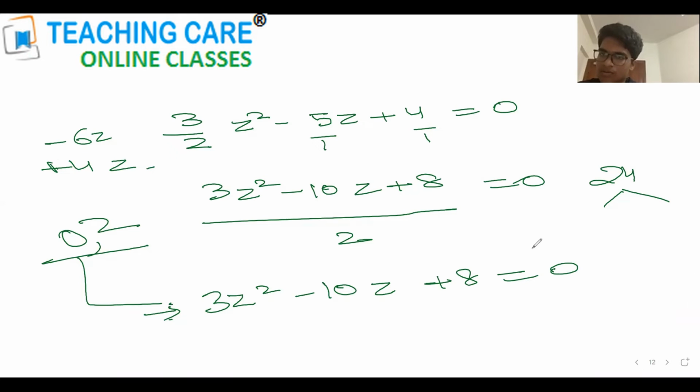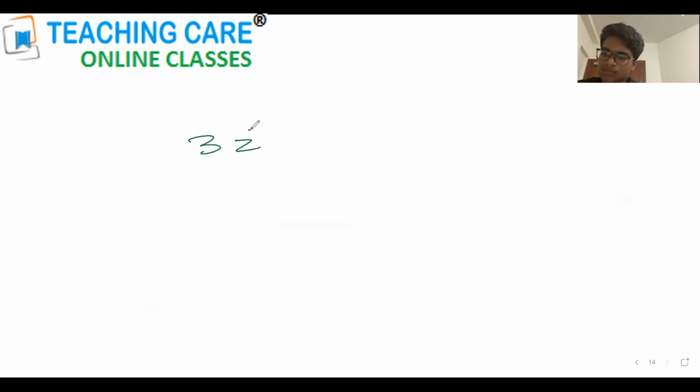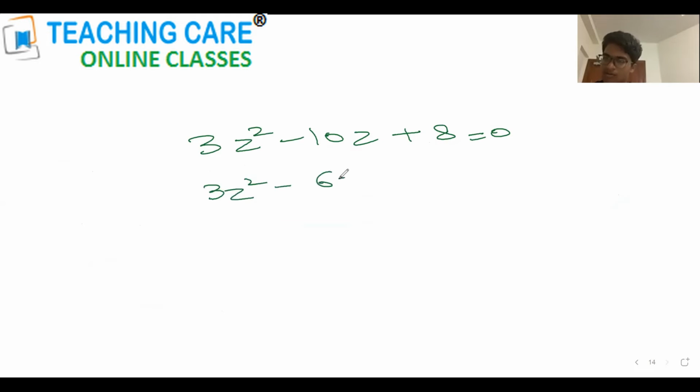We have 3z square minus 10z plus 6. It's negative, because the negative number times the negative number is positive. So we can say it as minus 6z minus 4z, because minus 6 into minus 4 will give us 24, right? Now the factors would be